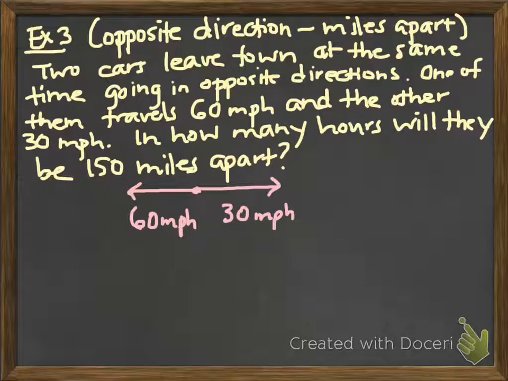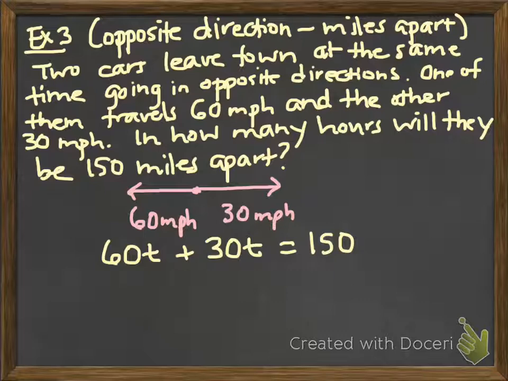So the short way of doing this problem is you're adding up the 2 miles per hour. So 60, and we don't know the time, that's the rate times the time of the first car, plus 30, that's the rate times the time of the second car. They left at the same time. And we want to know when they're 150 miles apart. Okay, so 60t plus 30t equals 150. That's 90t equals 150. Divide by 90. And you get t equals